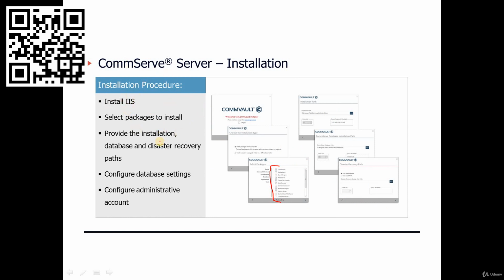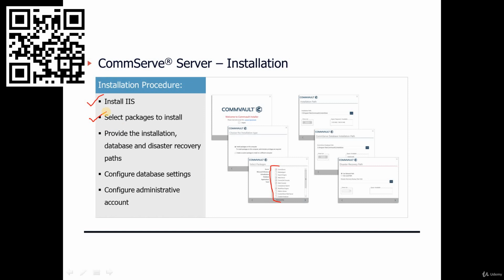So during the installation, what happens? CommVault will automatically install the IIS server. Why is it needed? Because we are going to use the Command Center or the web console as the web interface, so we need an IIS web server running in the background. Then whatever packages we select,